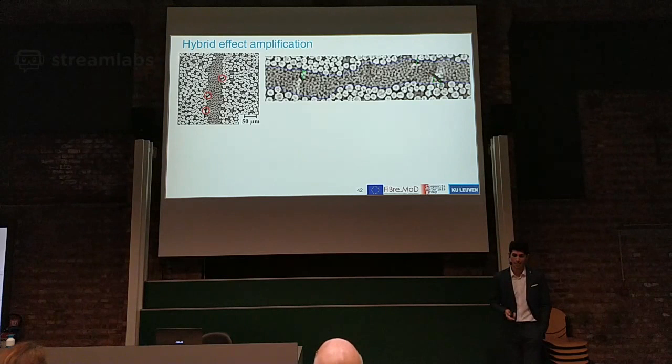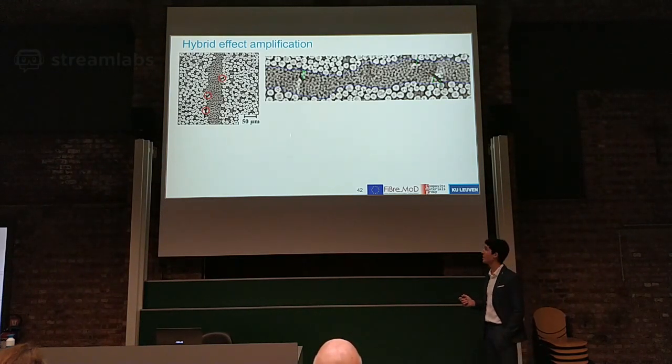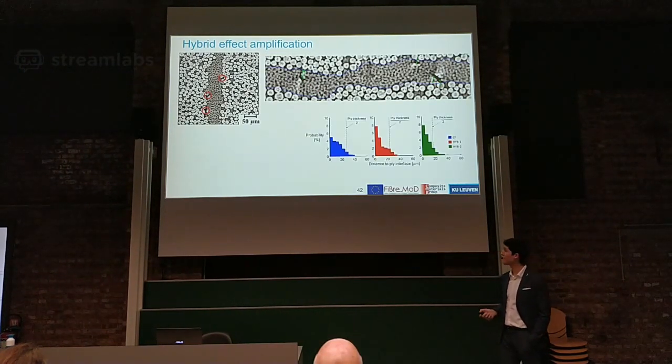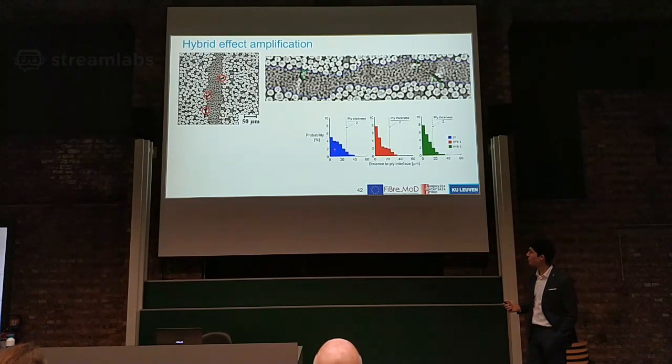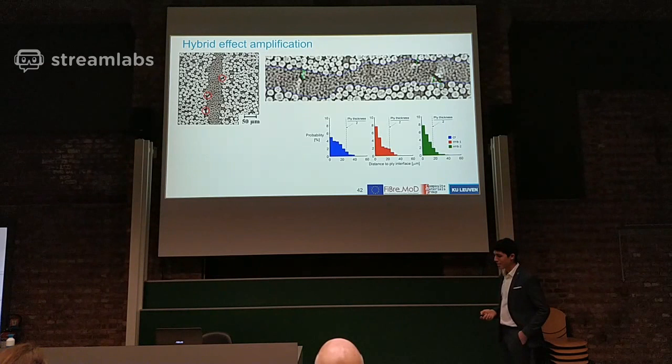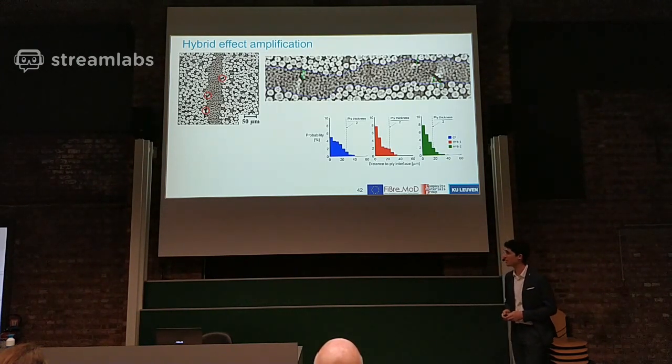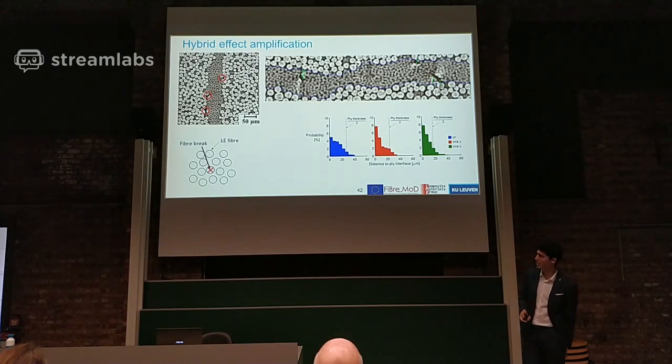So I went ahead and calculated the distance between each fiber break and the ply interface. And when I did this, I noticed that indeed, it's more likely that fiber breaks will occur close to the ply interface than farther away from it. And this gives us some supporting information to the hybrid effect, because if we have a low elongation fiber composite